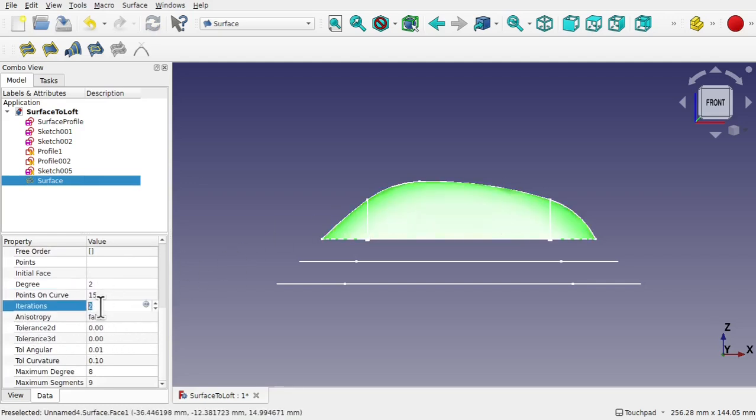The iterations is the algorithm. So this is the approximation algorithm that is used for the NURB surface that's placed across there. All the values that you see along here change the tolerance of that algorithm. There is not much documentation around these values in the FreeCAD wiki, so it takes a bit of experimentation to get that correct. If I lower the iterations to say 1,